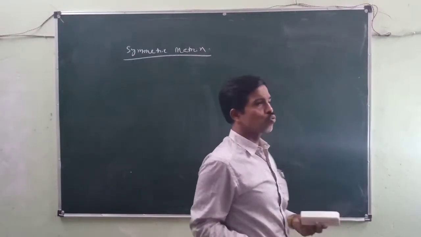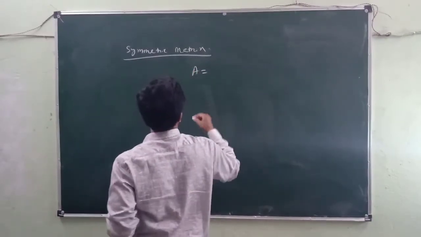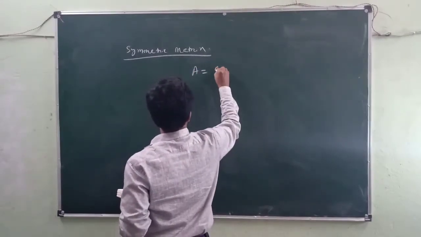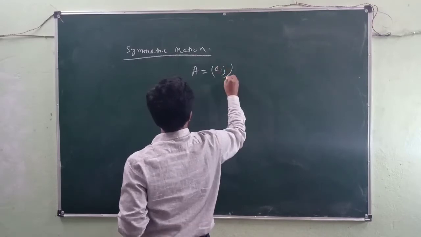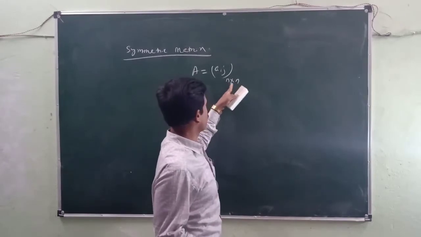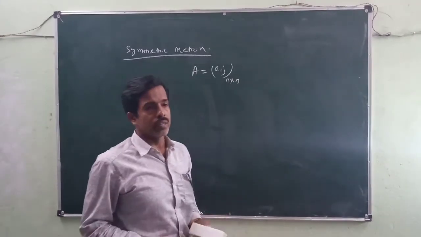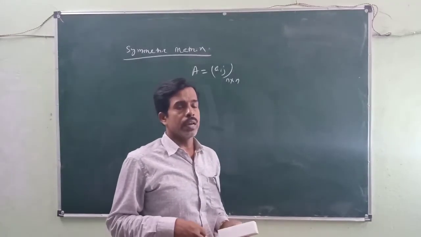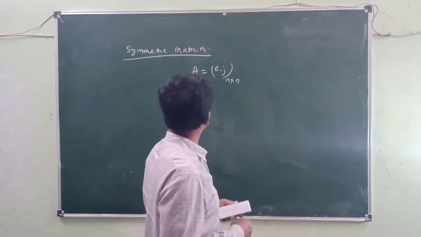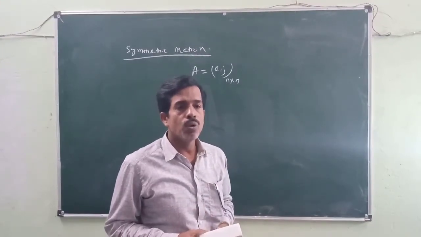Any square matrix. Suppose A = [a_ij] is of order n × n. Since the number of rows equals the number of columns, it will be a square matrix. Okay, that means in case of a symmetric matrix, any square matrix whose